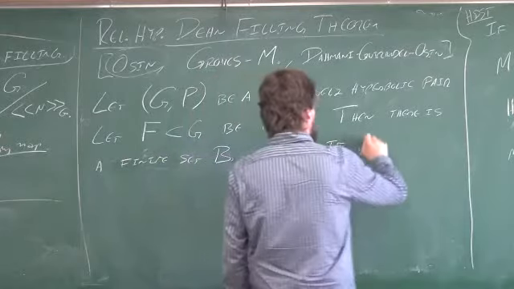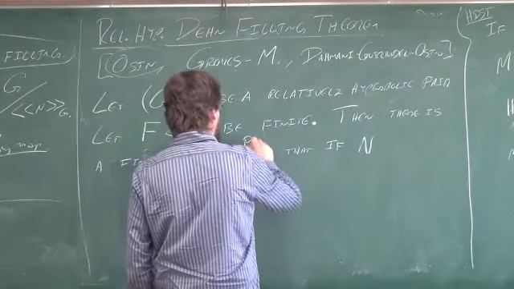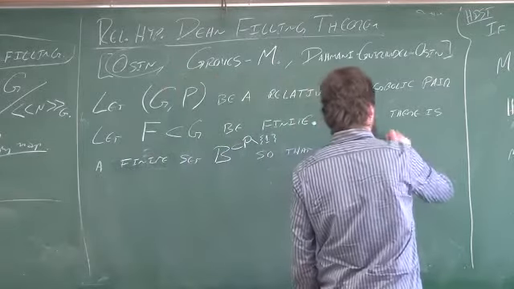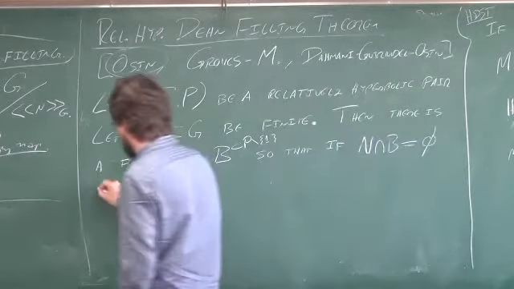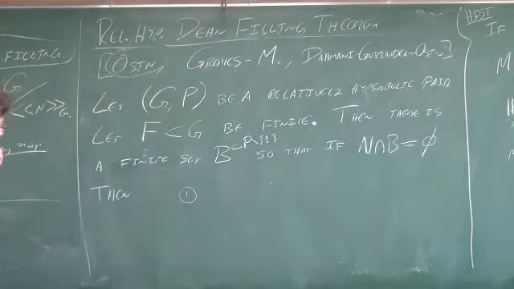if n, so we're going to put B inside P minus the identity, and we want to say that n intersect B is the empty set. Then, in general, what do you have here? If I think about phi sub n restricted to P, I get phi sub n of P over here, that's certainly going to factor through P mod n,